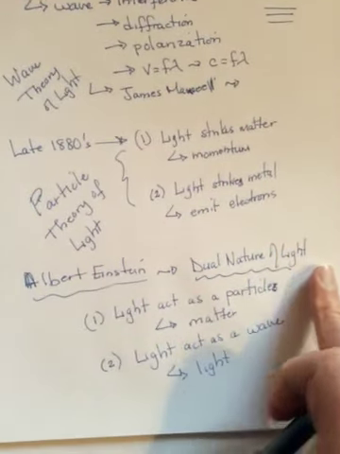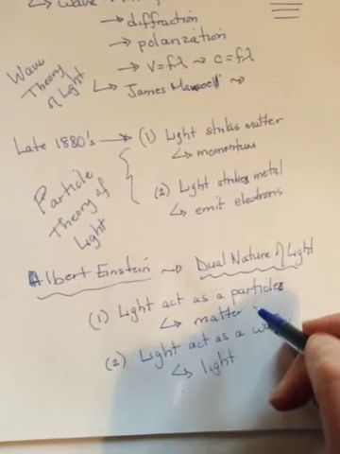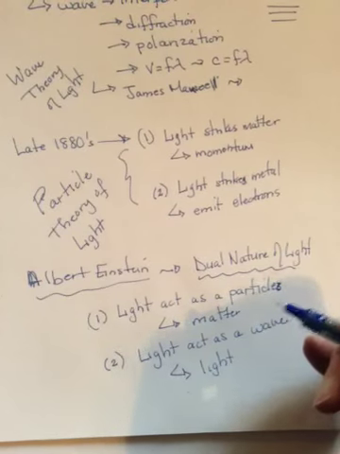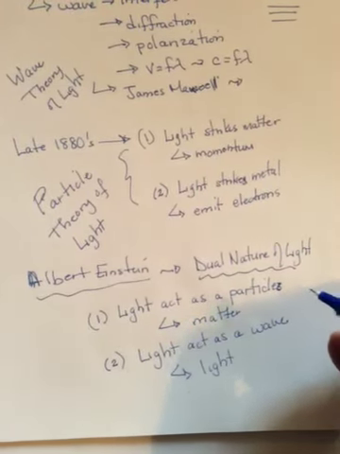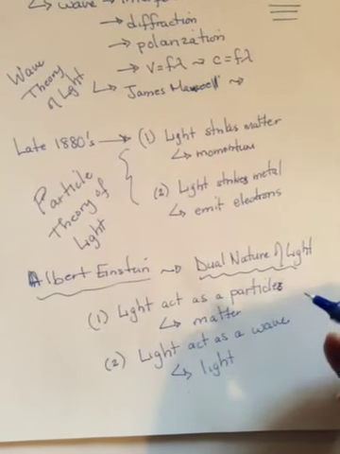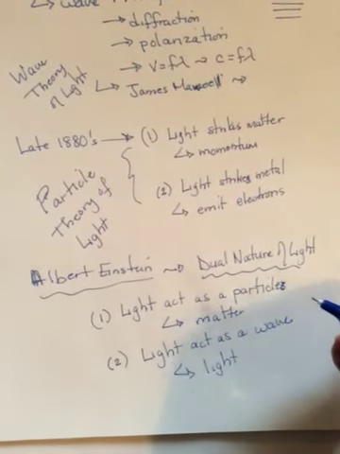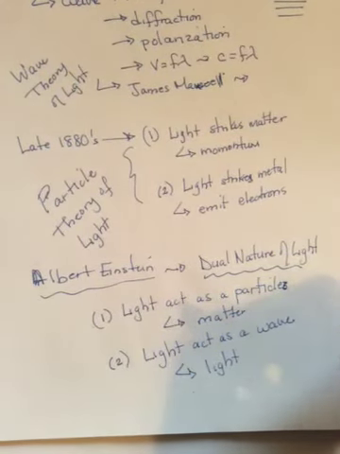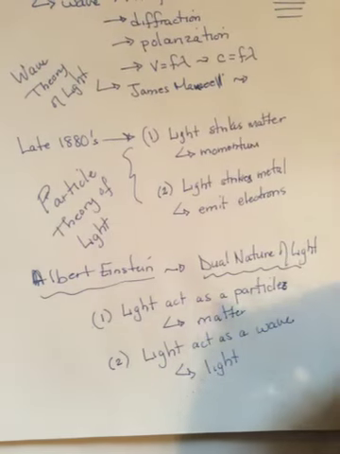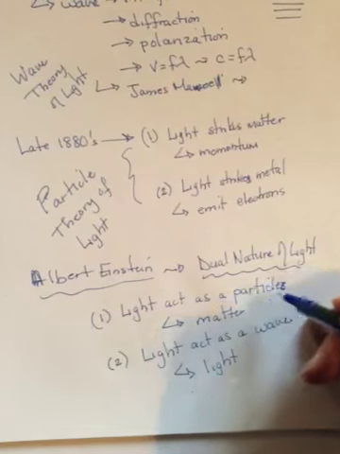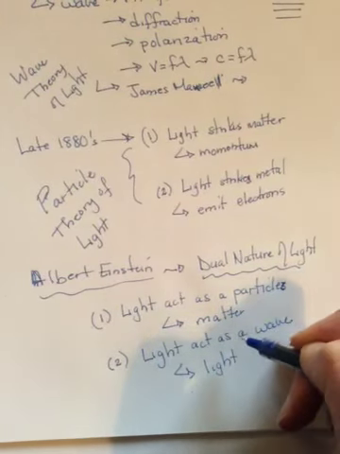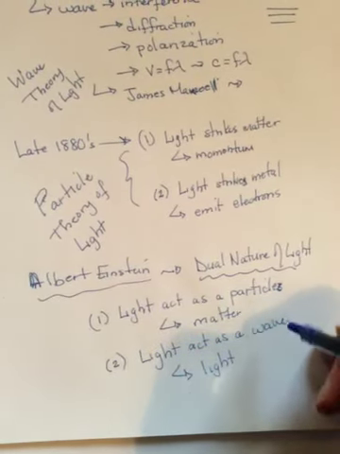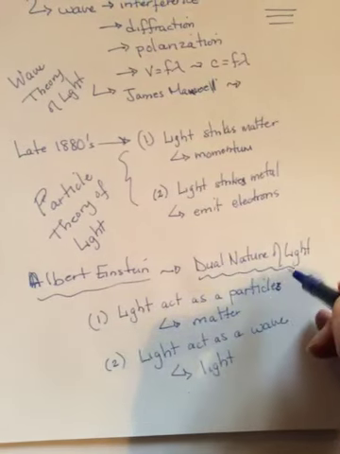It's really not that difficult to understand when we think about, well, we have dual natures too. Sometimes you act differently in one situation than you would in another. So when you're with all your friends and you're being cool in the cafetorium at lunchtime, you're probably not acting the same way as you would in my physics class. We tend to act the way that the other objects act that we're hanging out with. So when light hangs out with matter, it acts like a particle. And when light hangs out with other light, it acts like the other light, as a wave. And so it's known as the dual nature of light.